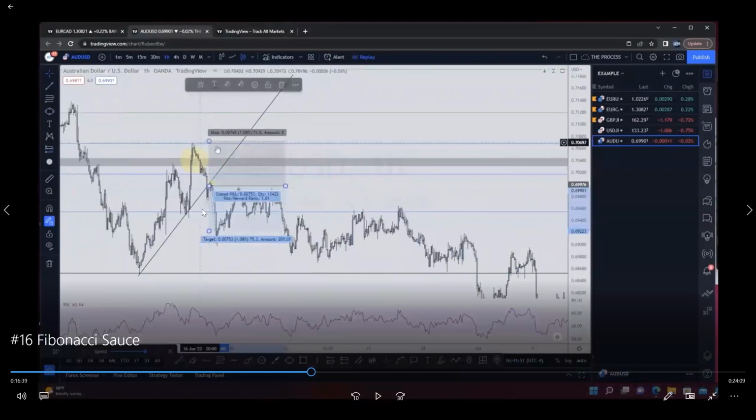Do you see where he entered the trade? Instead of entering the trade on the zone, he waited. So I think this is what normally makes them get a sniper entry. I don't know whether this makes sense to you. We have had everything, break of structure, blah, blah, blah. This is a zone. But instead of him entering on the zone,